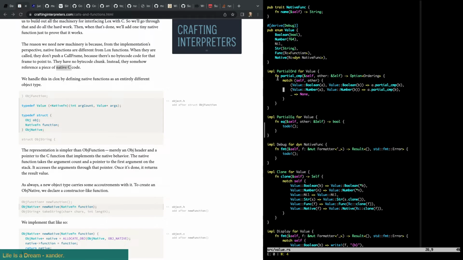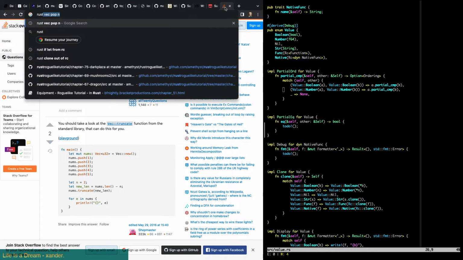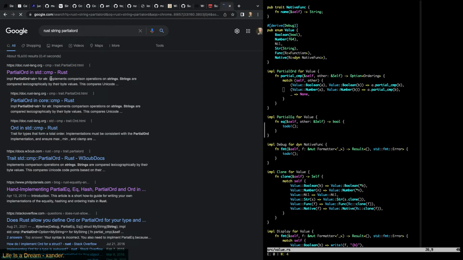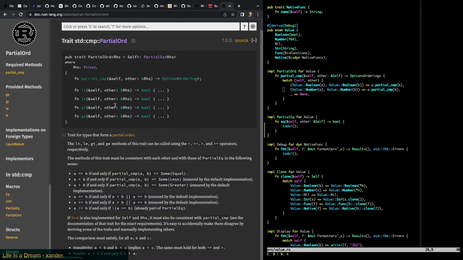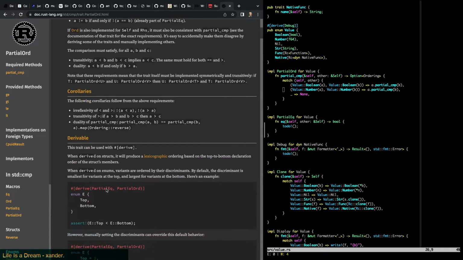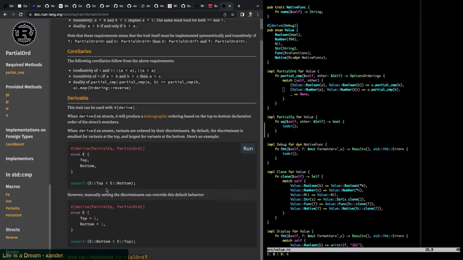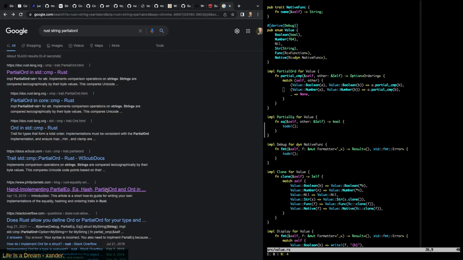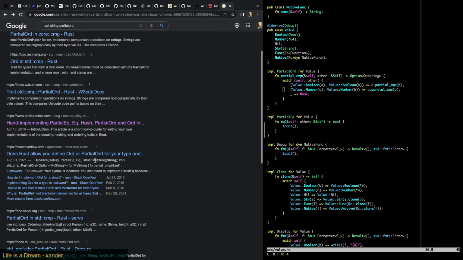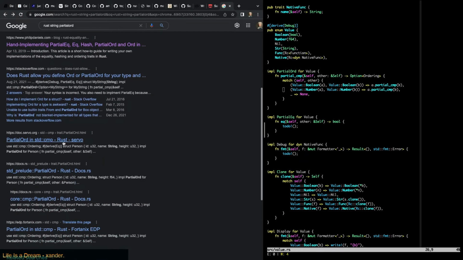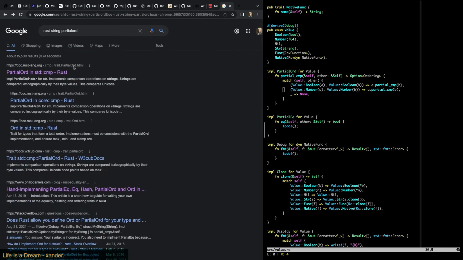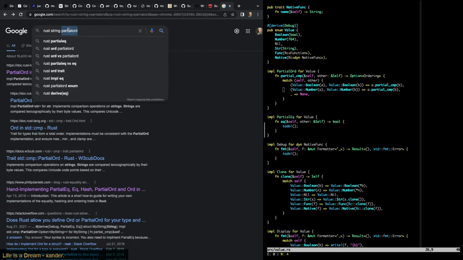Is there any reason to try to order strings? I guess we could try. Rust string partial ORD. I don't know, how do you compare strings? I guess you could do alphabetical order. I don't see anything about string sort.